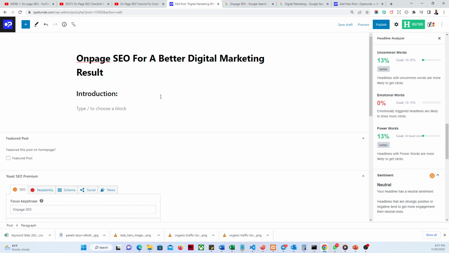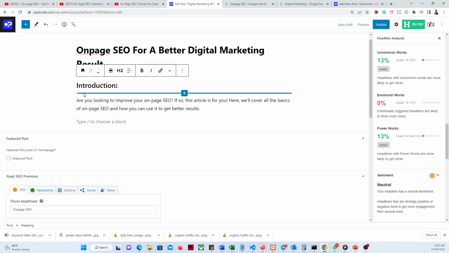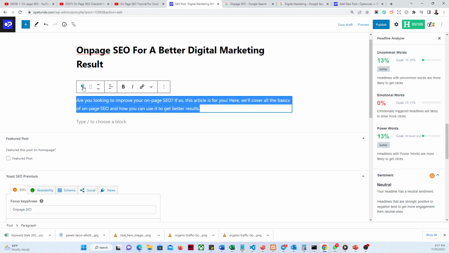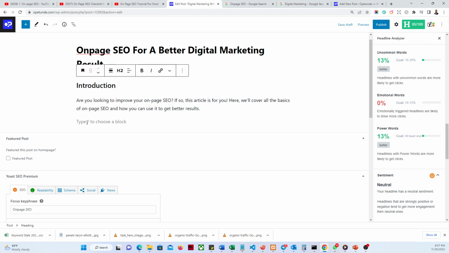Say, for instance, I do something like this, and I simply write out this as the introduction. So this is my introduction, which will be in H2. The rest of my articles will be in standard paragraph, not H3, so that you don't get it wrong. And that's the next thing you need to pay attention to. Any other headers that you will have will be H2s, H3s, depending on the details of the content you're trying